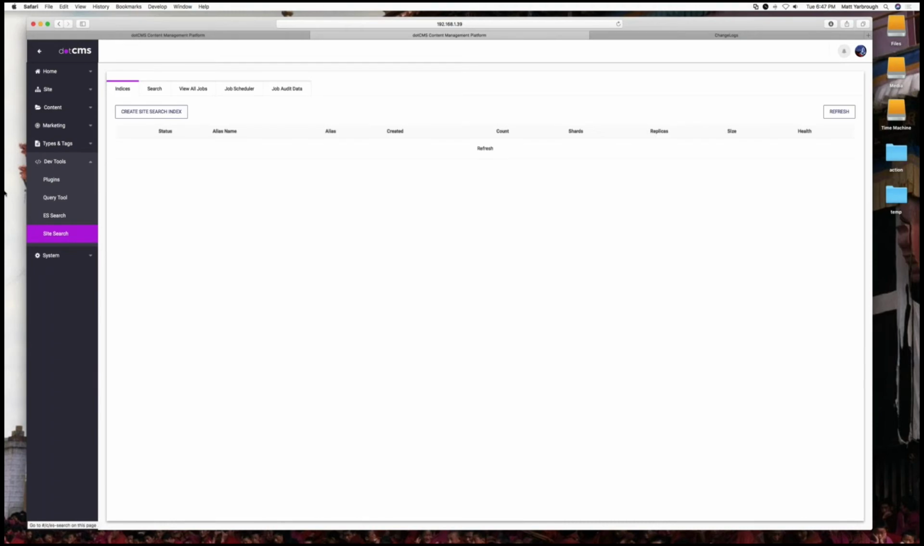Site search is a utility that is used to create a subset of the Elasticsearch index, and it creates a limited index for a subset of content to access. For example, a news section, you may run a site search every night on